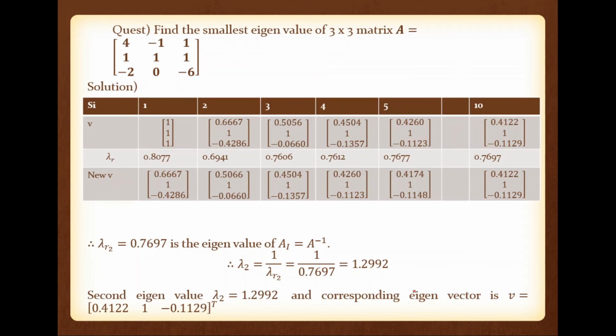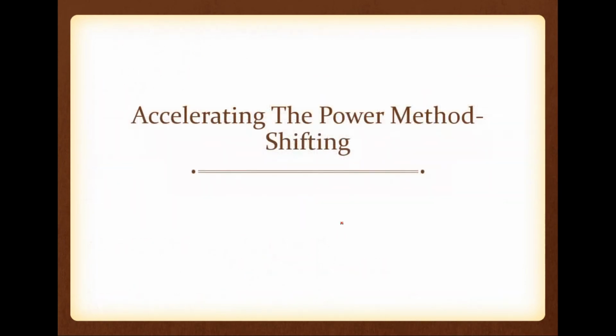So already we have two eigenvalues, and both of these eigenvalues are real. So automatically the third one will be a real eigenvalue. If it were complex, definitely it would have a counterpart. As it is a 3 by 3 matrix, that is not possible because we already have two real distinct eigenvalues. So in order to find the intermediate one, from the magnitude point of view, we are using accelerating the power method, or the shifting power method, that we are going to use. Okay.